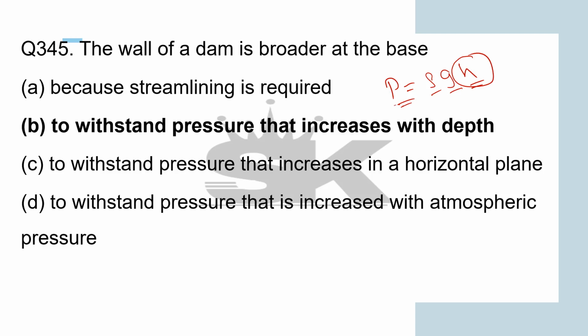Okay, so as the depth increases, more and more pressure is exerted by water on the wall of the dam. A thicker wall is required to withstand greater pressure. Therefore, the thickness of the dam increases towards the bottom. Okay,